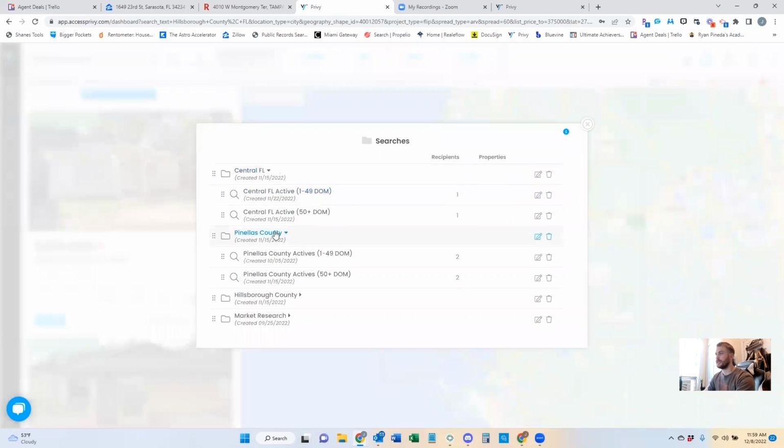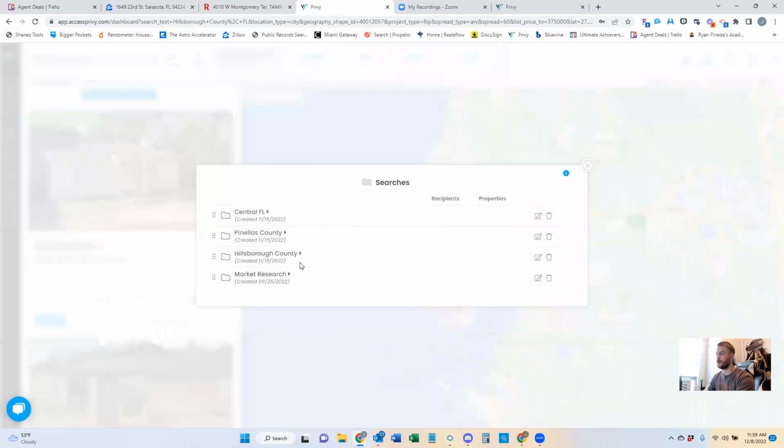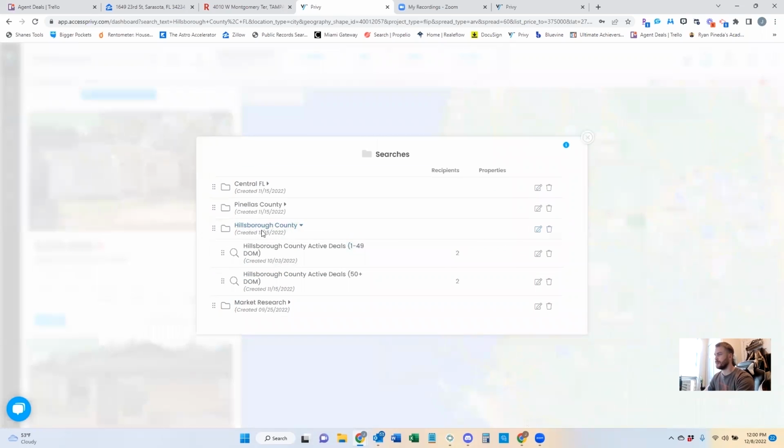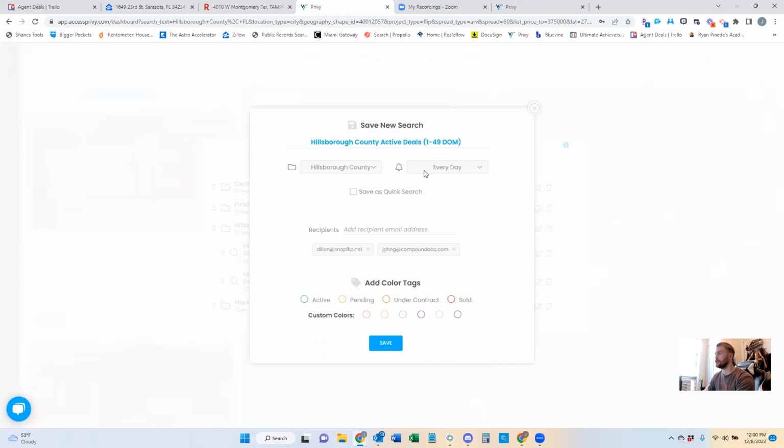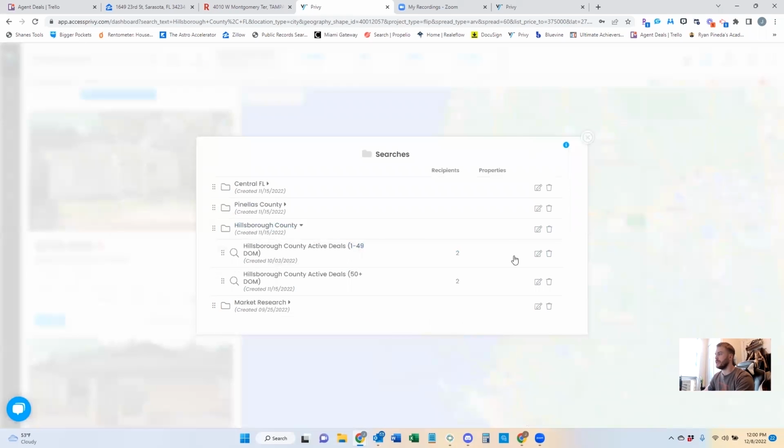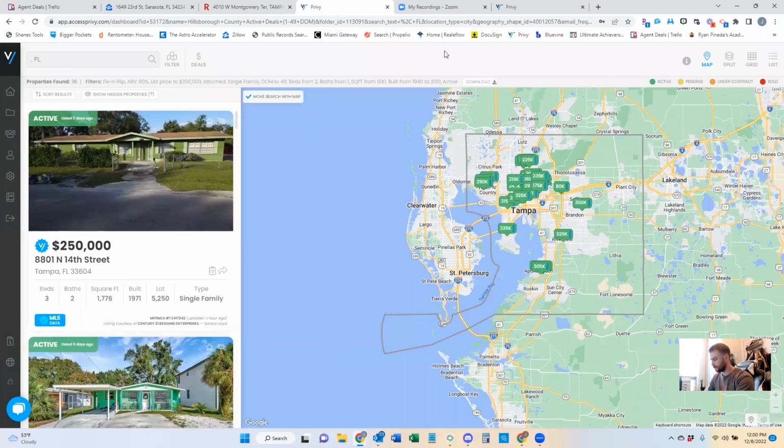So searches is, as I said, subfolders and main folders. You could create this so it's quick and easy to see, and you could just collapse and expand. So these are where my searches go, and you could choose how many times you want to get emailed: every hour, every day, every week, or never. I just do every day, and then you click save. Right? So now if you're in your searches and you want to run that search again, you just click the search and it'll run it for you. That's how you get searches and filters.